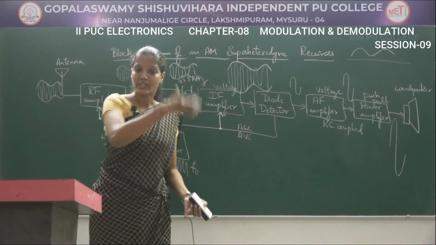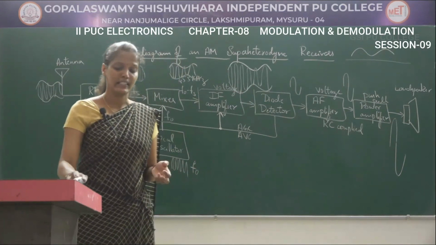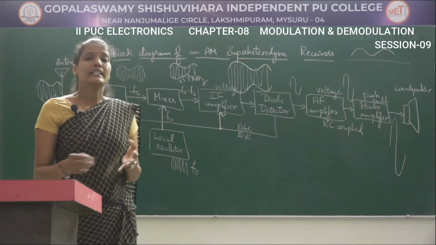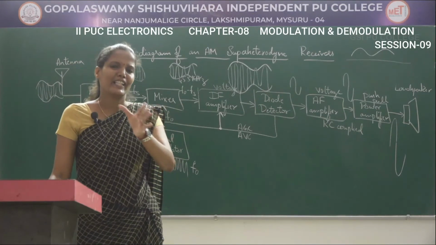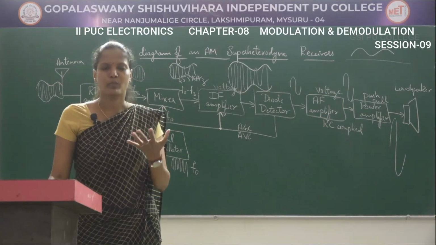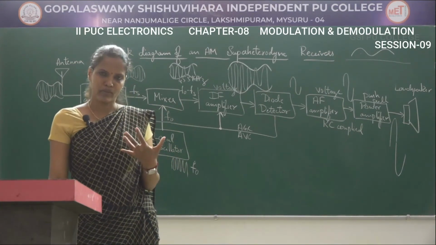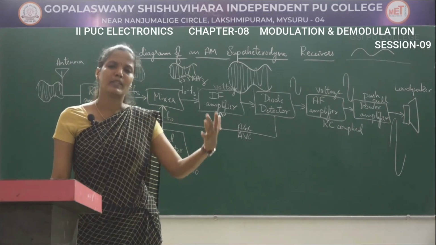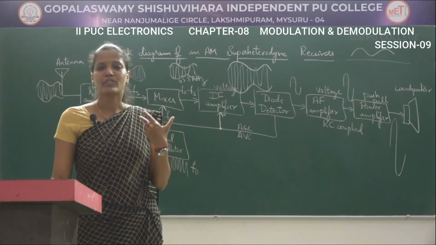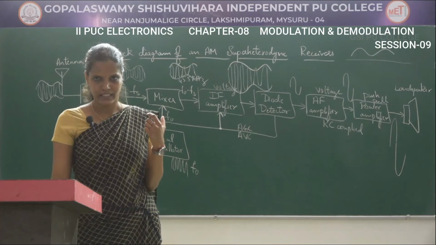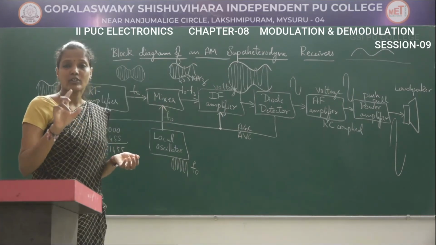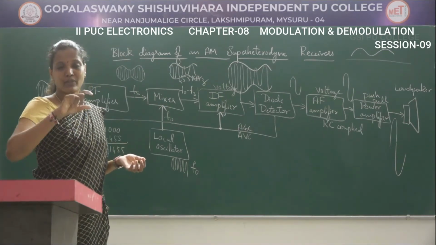Why is AGC given as feedback to the RF amplifier and IF amplifier? When the receiver moves from one place to another, suppose I am listening to an FM station and traveling from one place to another, or I can also tune the frequency signals from one station